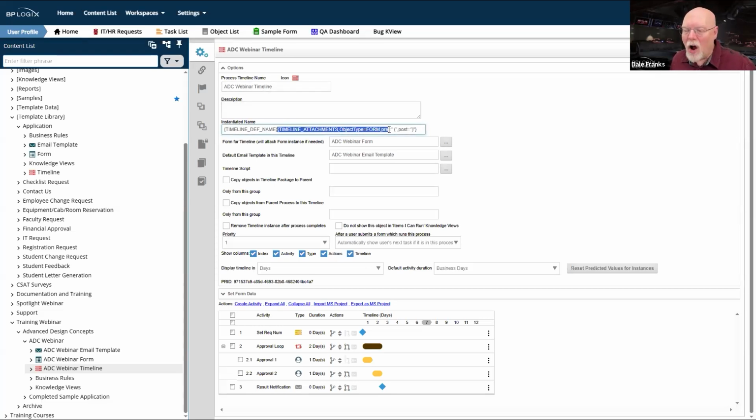And it's also going to show me all of the timeline attachments. So that means in the name of the timeline instance, it's going to give me the timeline definition name. Then it's going to give me the form instance name, which has those unique values. So that is cool. And it's also going to give me the names of any document attachments,